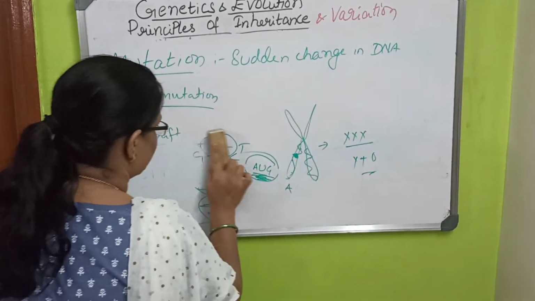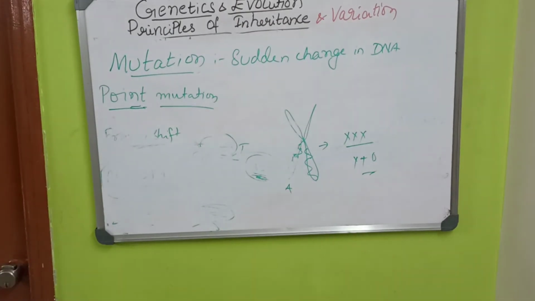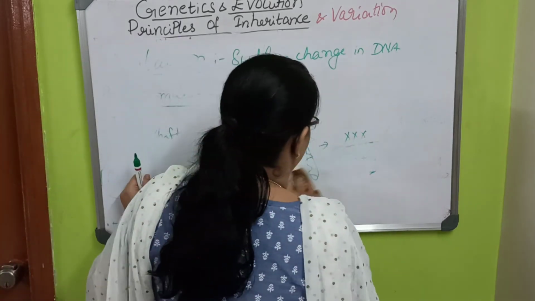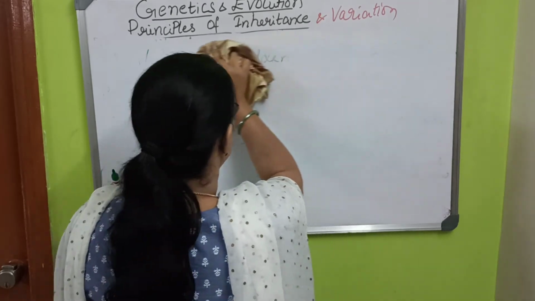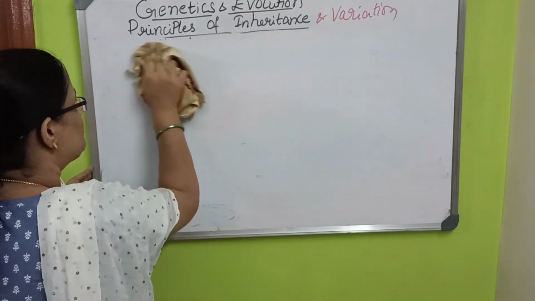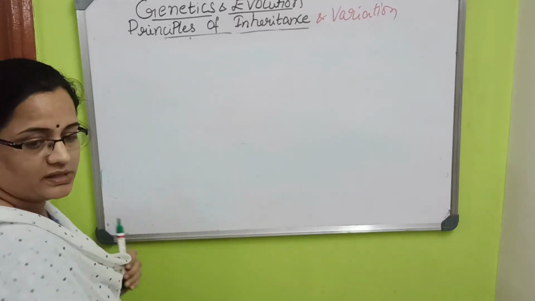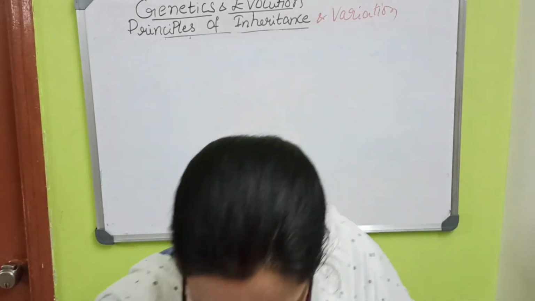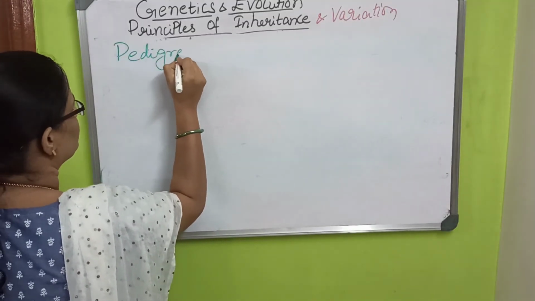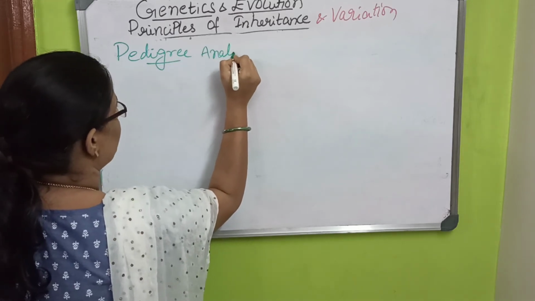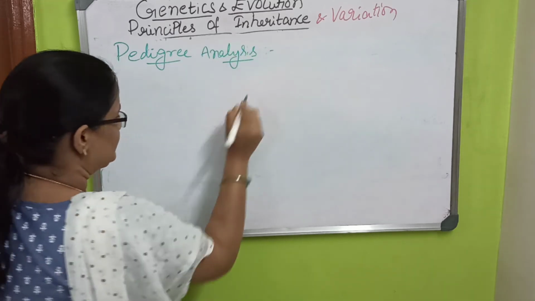You have learnt about mutation now. The next part which I am going to explain is pedigree analysis. What is that? Pedigree, the name itself. In Mendel's laws and examples, generally in NEET and other exams, when they are crossing, there are several problems which you have to know. I will keep on explaining this lesson only.